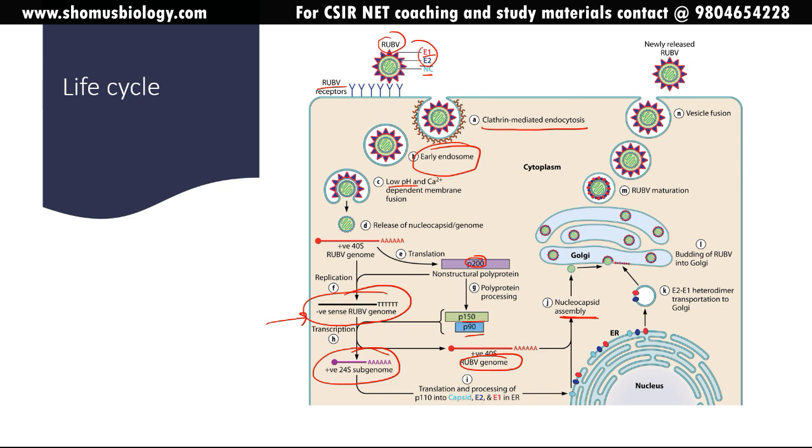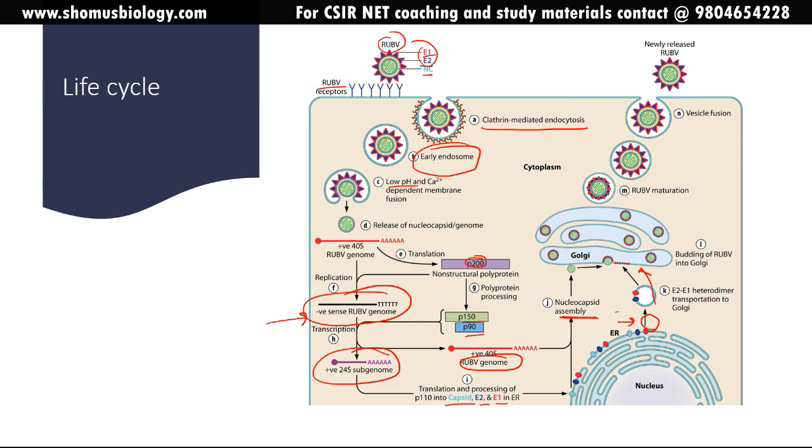All of them will be required for viral assembly, and also afterwards when the second round of replication is done, then they will produce the capsid structures and E2 and E1, and these proteins are made and embedded into the ER membrane. During packaging, the viral packaging is done by taking a chunk of the ER membrane, which is known as the formation of the vesicle. So E2 and E1 heterodimer transportation from ER towards Golgi is done, and then further packaging of the viral particle is done in the Golgi network, and through the Golgi network they are matured.